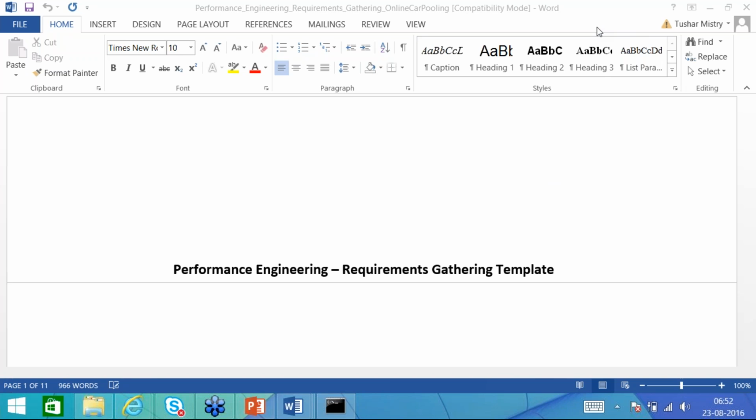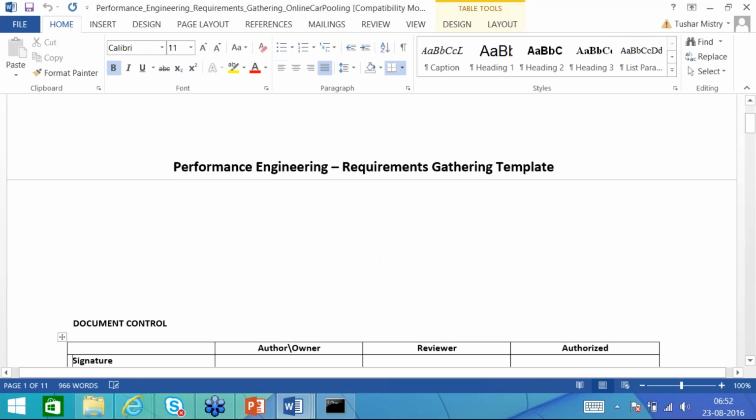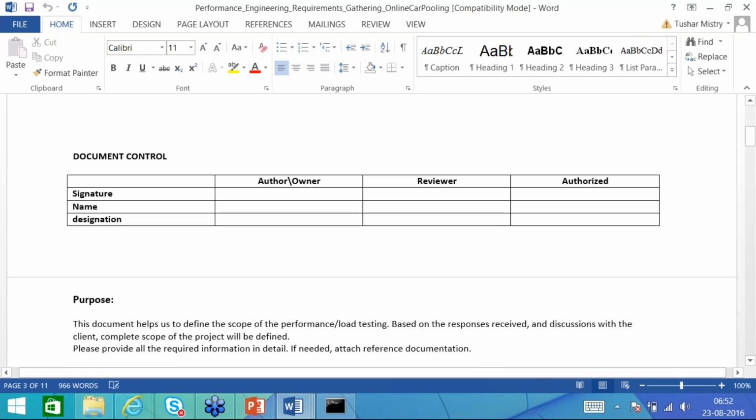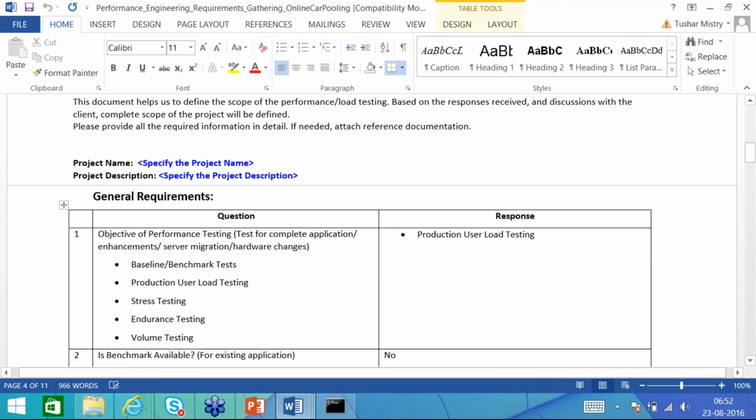So this is the template that we are going to go through. We have gone through the document control and purpose. Now you can see the general requirement questions. According to the application we will be using for the performance testing, we will go through them.